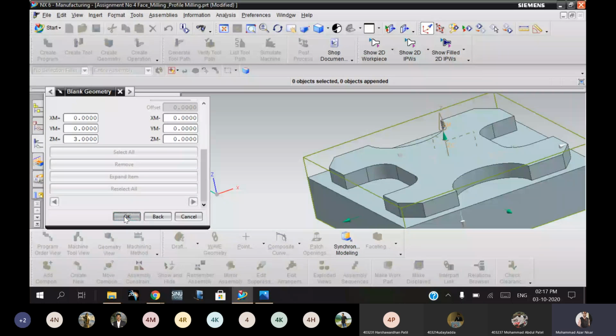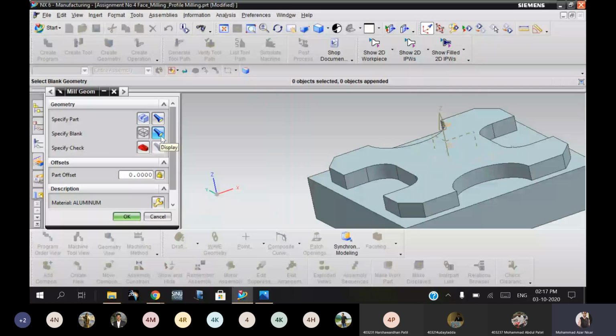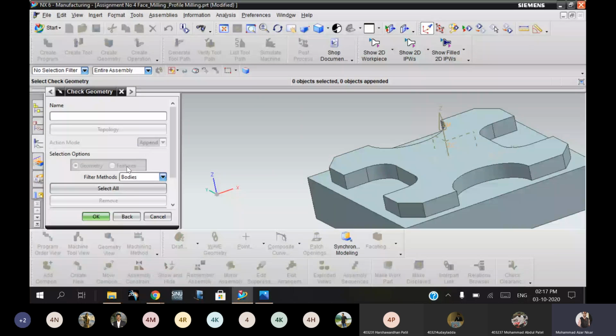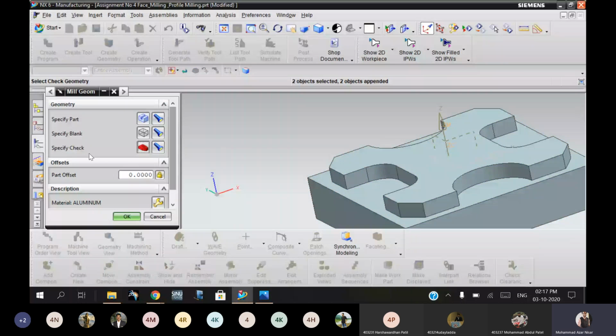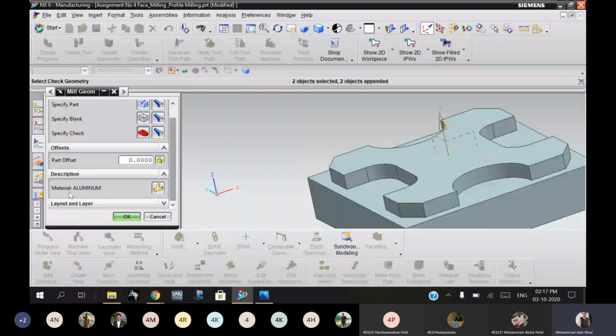So now this specify blank gets activated. Okay, specify is used for selecting geometry. You can check and use this, or select all, or you can just not bother with this specify check. If you keep this checked or not checked, it will not affect the machining. Okay, now we have to specify